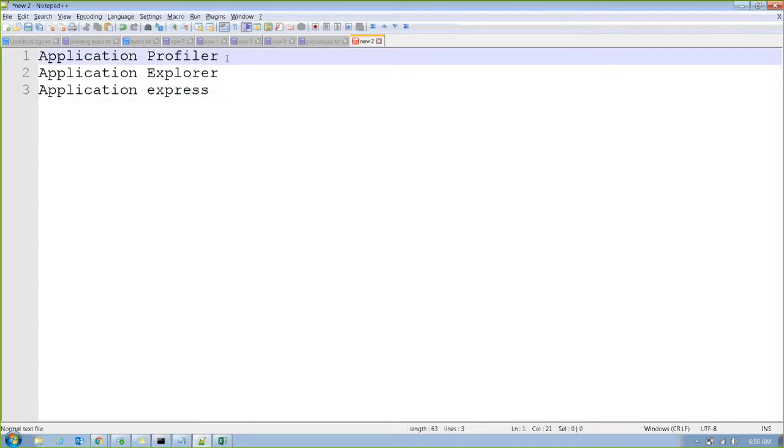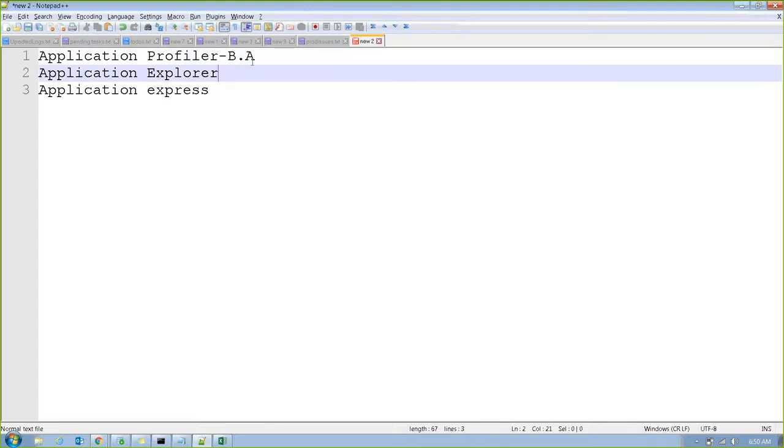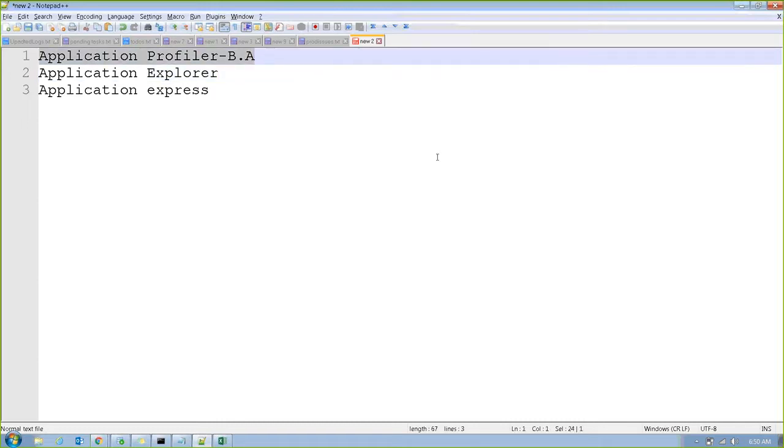Profiler was purely used by the business analyst to gather the requirements. In profiler, the BA used to draw the visual diagrams and gather all the basic requirements about the project: why we need to build this project, what the main objective is, what the primary work parties are, to what areas we are going to send reports, and to what areas we are going to send correspondence like emails and mails. All this theoretical information used to be collected by the BA in the profiler.